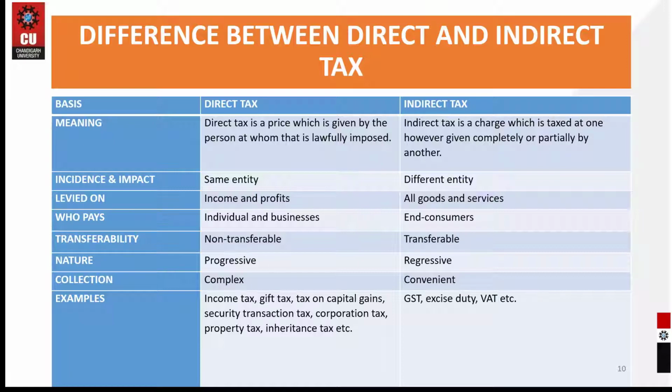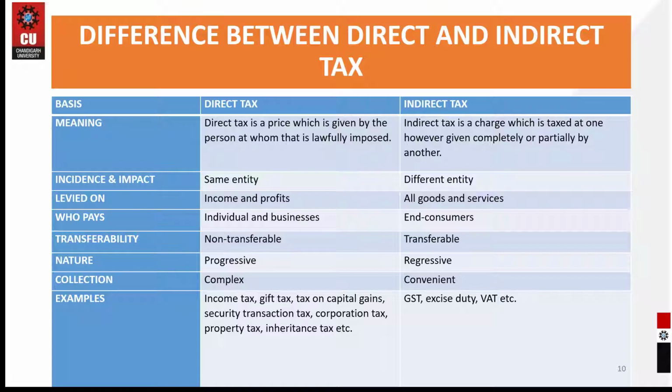Now let us talk about indirect tax. Indirect tax is regressive in nature. It means indirect tax is applied to all people, regardless of the payer. It doesn't matter who is paying the indirect tax. It doesn't matter whether the rich or the poor is paying it. It doesn't matter whether the person paying belongs to the higher class, middle class or lower class. It doesn't matter in any situation. That's why we say that indirect tax is regressive in nature.